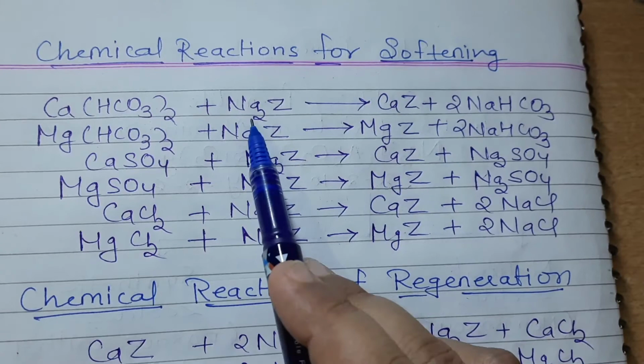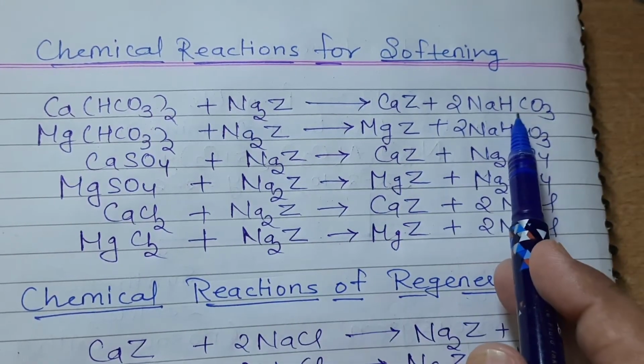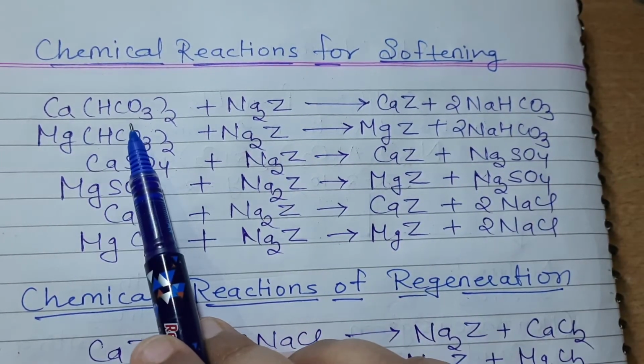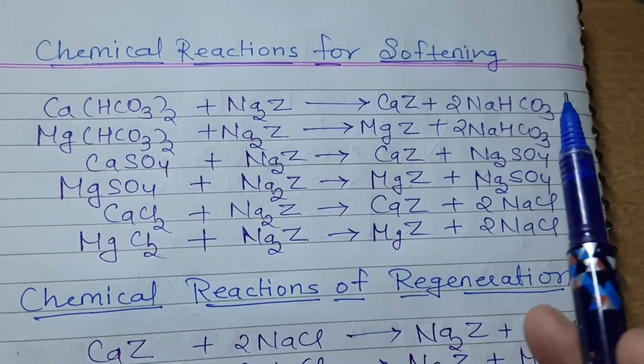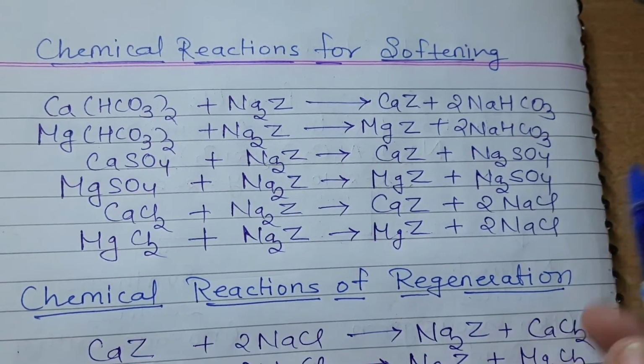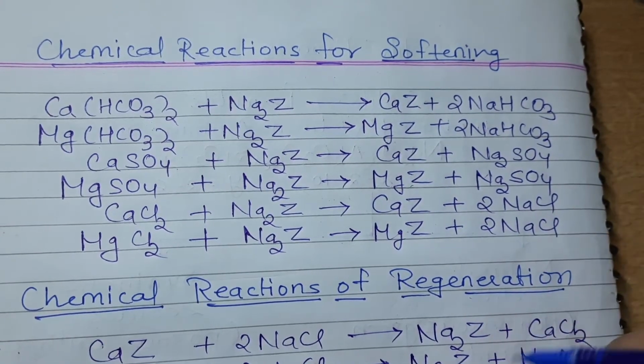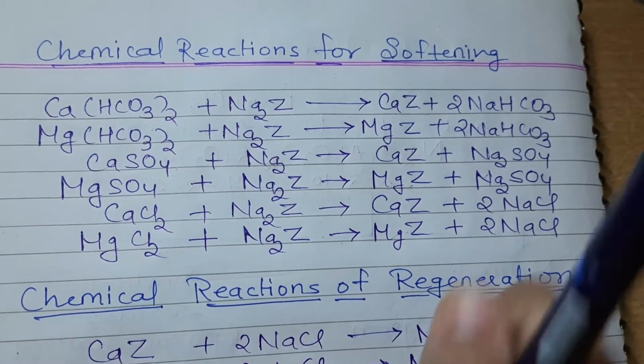And what happens? The sodium ions are coming into the water by combining with the negative ion. So sodium ions are actually not responsible for any sort of hardness. So now this water is what? Soft. However, the acid radicals are still present.